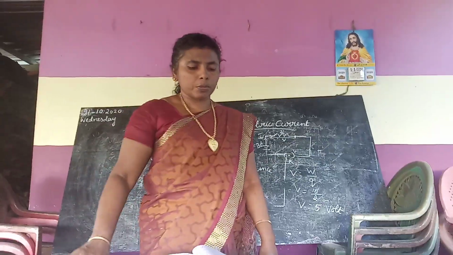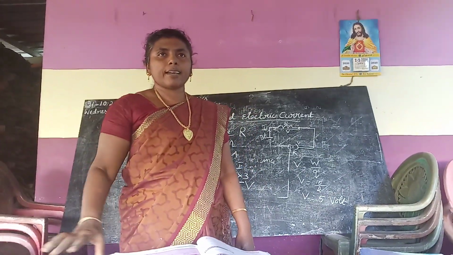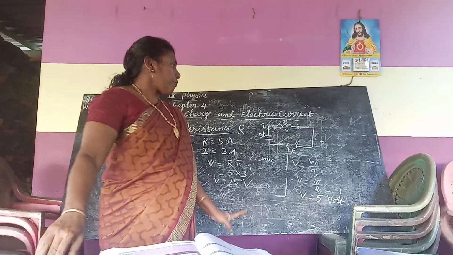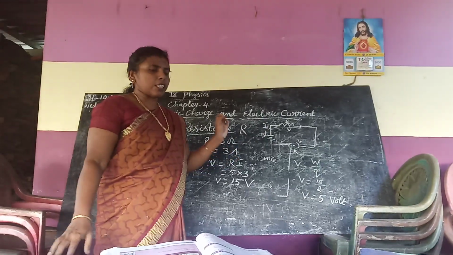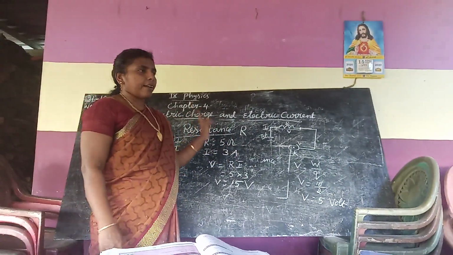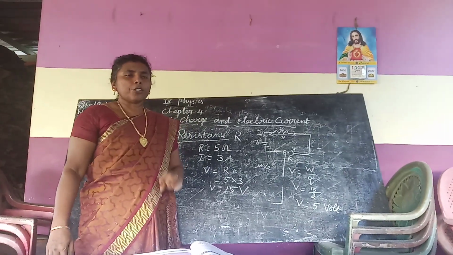Okay students, today you have to mark two questions: define electric current and state Ohm's law. Just study and write these two questions. And the many formulas, units and all we have learned are in the book. Everything is there. Just underline and study, only the formulas and the letters denoted.